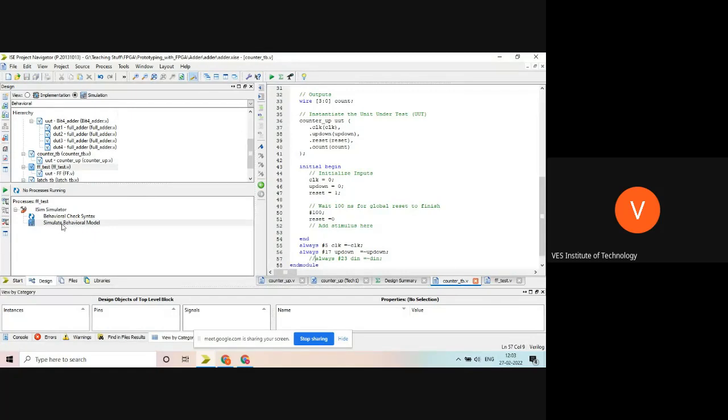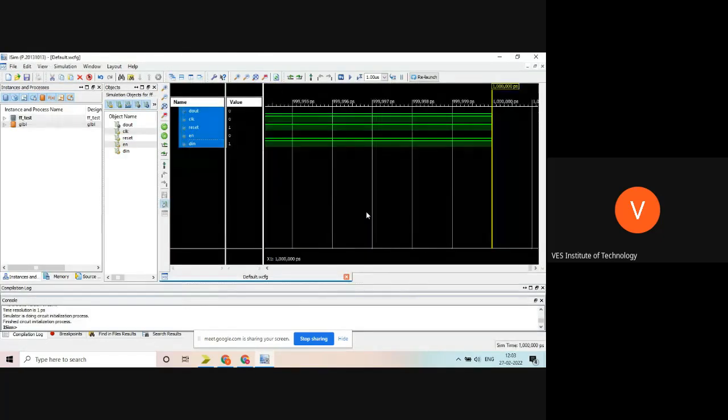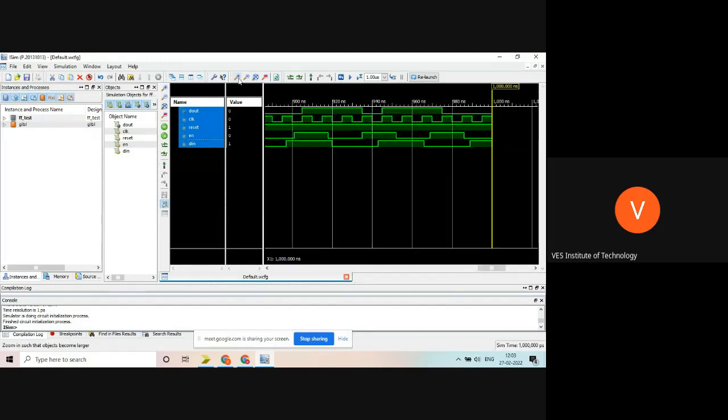Okay, this is simulated. Let's see what happens. Is it counting or not? If it is counting, then our simulation is done. Let me check this.